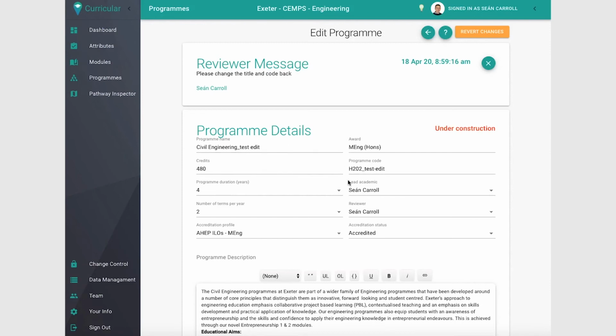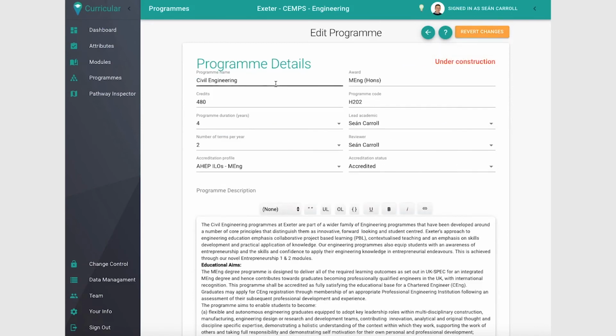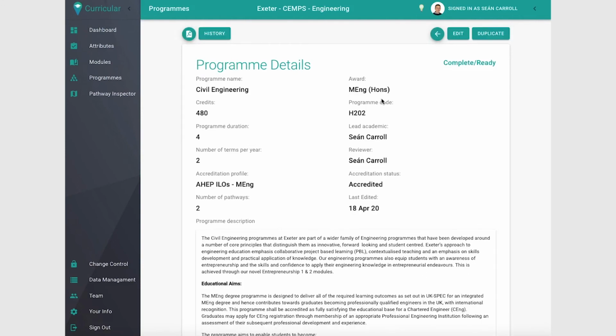But if it was a case that they made changes to the under construction record and they were not at all acceptable and all had to be reverted back, well then they can simply click revert changes, and that returns the under construction version of the record back to match the live version of the record. And then they can go about their new set of changes again and submit those for review. So if I now return to the live version of the program record, we can see that there's a history option